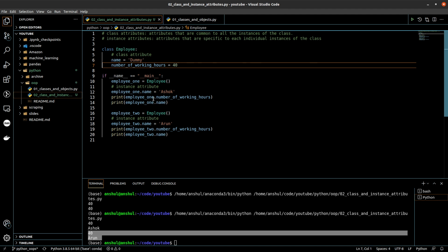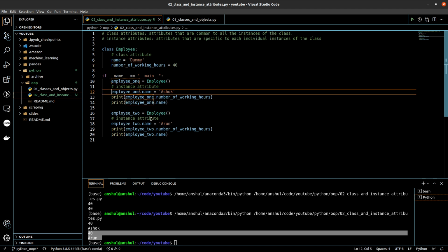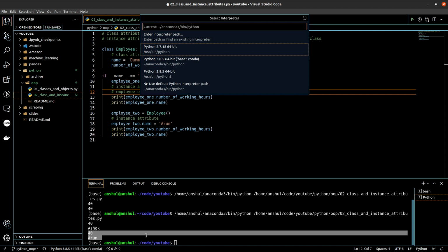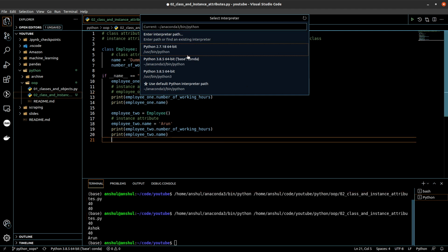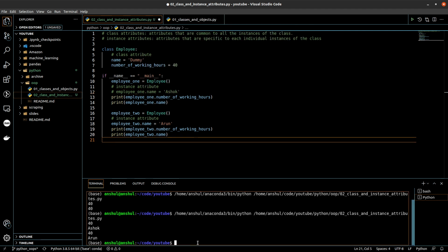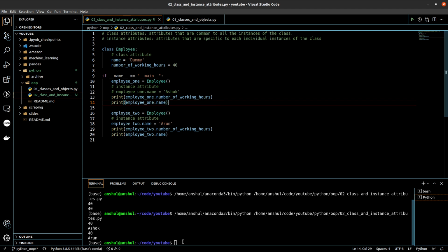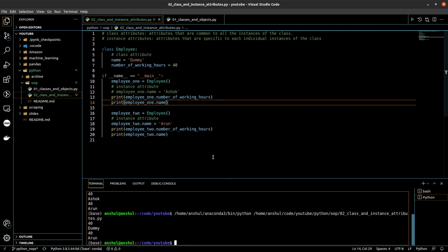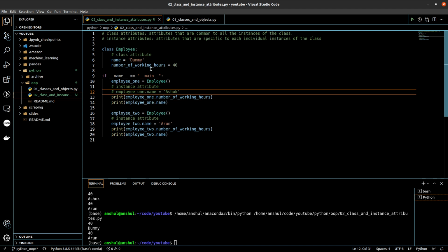Now what ideally should happen is, if for any employee we are not defining the name, it should use the name that is coming from the class attribute of the class, because the instance attribute is not there. So if I try to run this, let me save this. This time the first object should return the value dummy, because it is reading the name as a class attribute directly from the class.